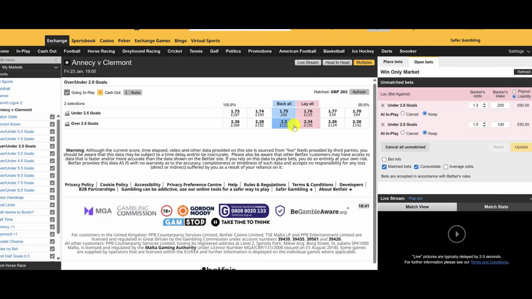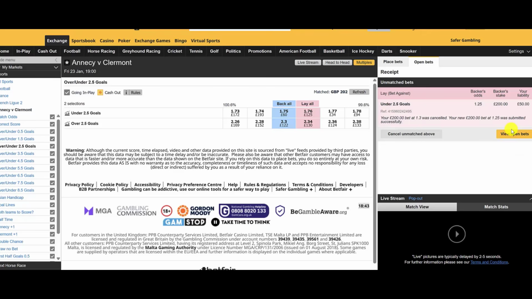So I've got set up, we're going to be obviously laying under 2.5 goals. First entry was at 15 minutes, so we've estimated that under 2.5 goals will probably be priced around 1.5 at 15 minutes, and then again at 1.3, which will be the, what was that, the 30th minute? Let's double check, hold on. Okay, so the next entry point would actually be around 40 minutes. So we're just going to adjust that and go in a little bit lower then, 1.25.